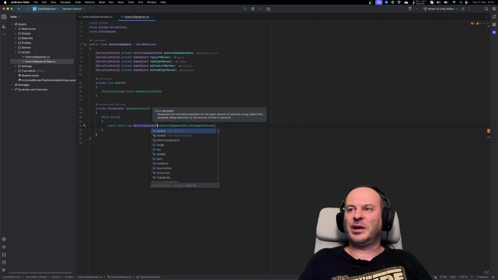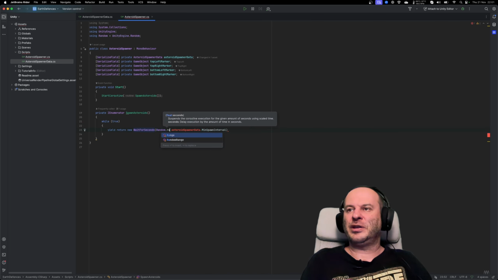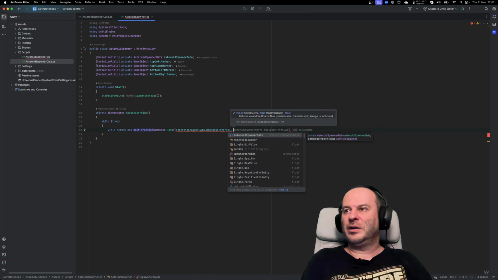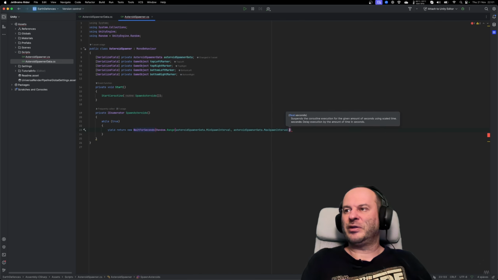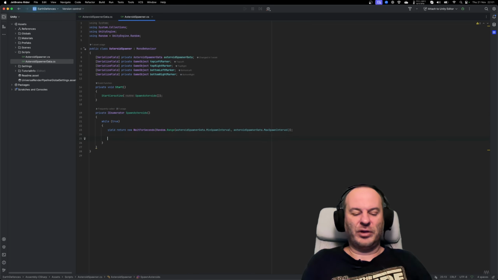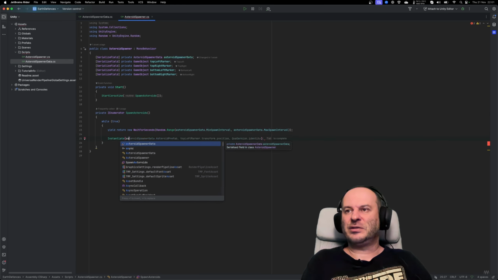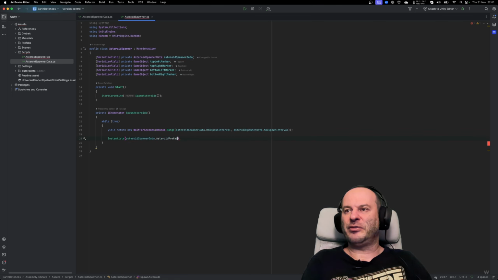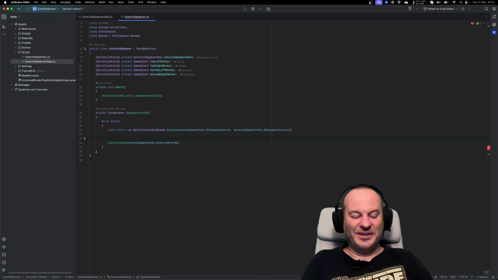I forgot something. Random range and asteroid max spawn interval. Okay, we have waited, and now we're going to instantiate asteroid spawner, asteroid prefab, where let's use a var called x spawn. It will be